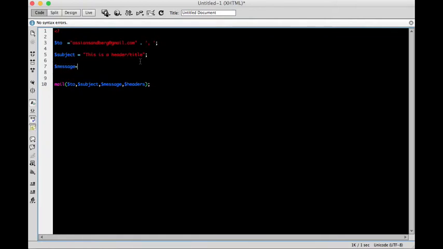Now when it's come, this is where it's gonna go. A bit more difficult, because here we're gonna use an HTML mail. We're gonna build in HTML and head sections to make it look more professional. This can look a bit confusing,